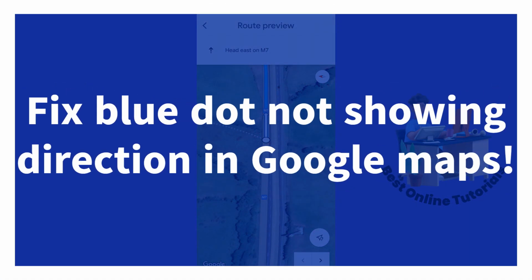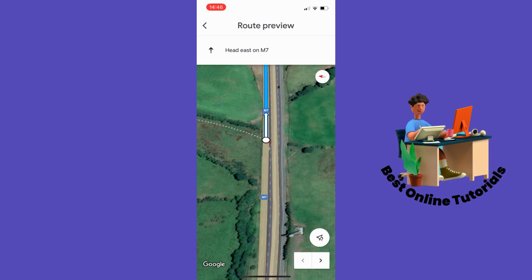How to fix blue dot not showing direction in Google Maps. The first thing and the easiest thing I would do first is to calibrate the compass. You can do so by clicking or tapping the button down on the right hand corner. And when that is done, and if that doesn't work, I would go out of Google Maps and then go